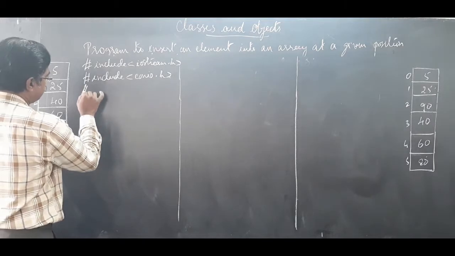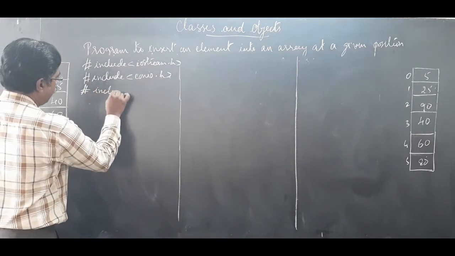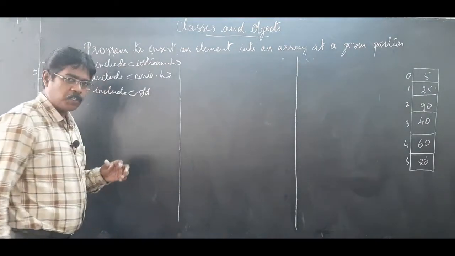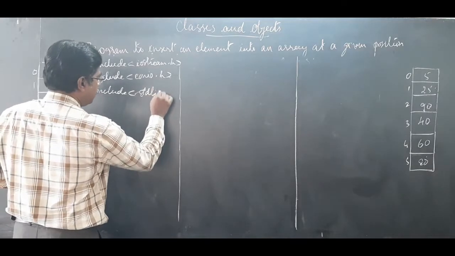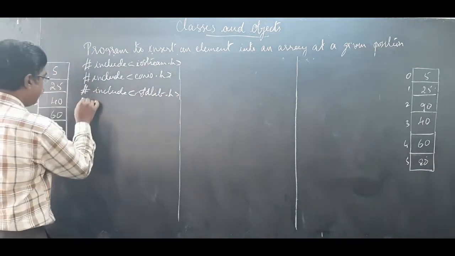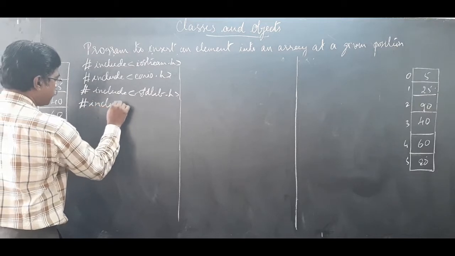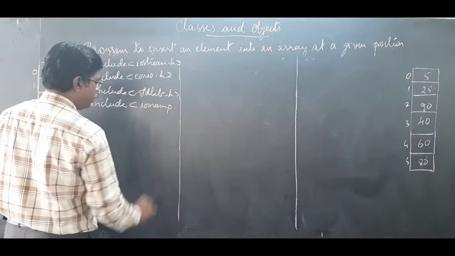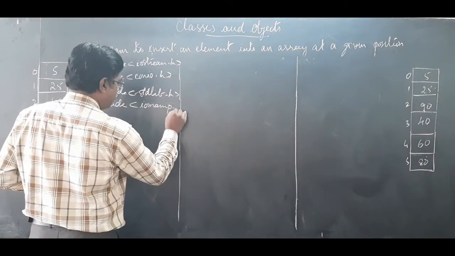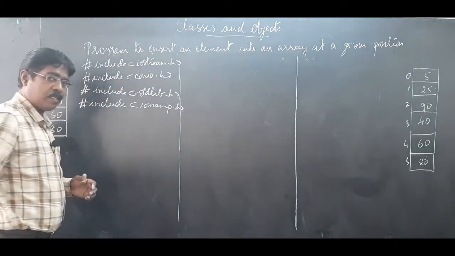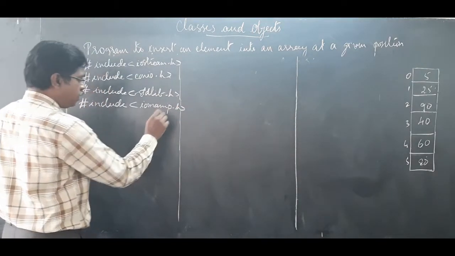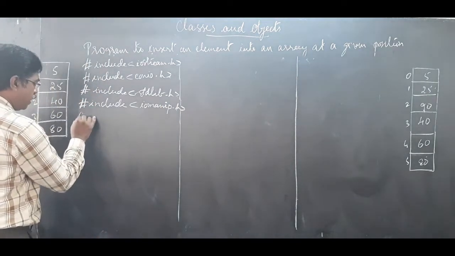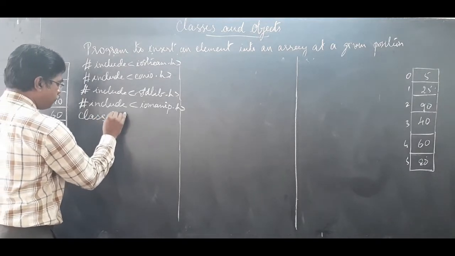then #include stdlib.h. I use stdlib because I'll be using a function called exit. Likewise, I take #include iomanip.h. You know that in your first year it was said that normally when we use setw, we'll be using iomanip.h. Then I take the class insertion,